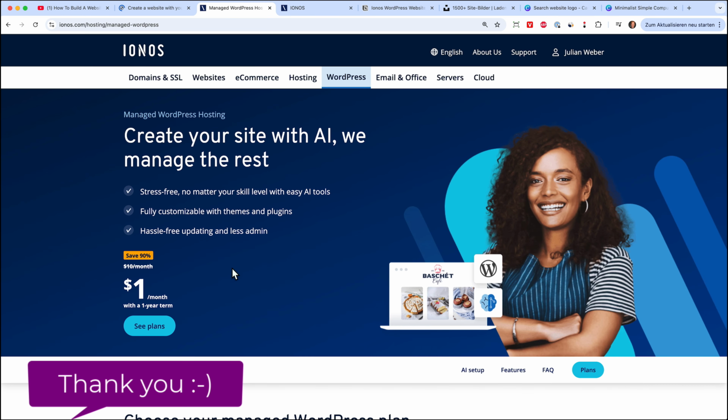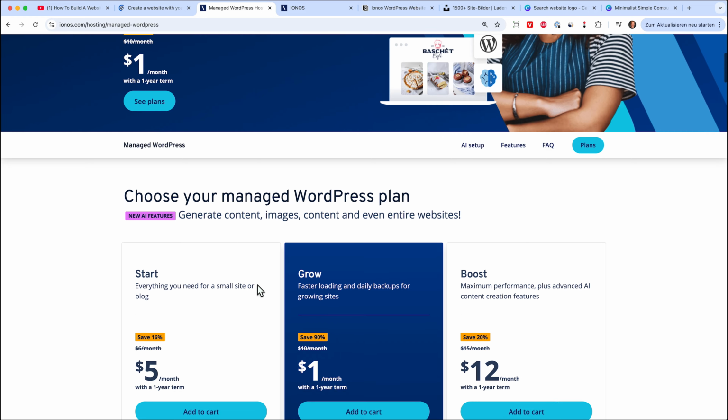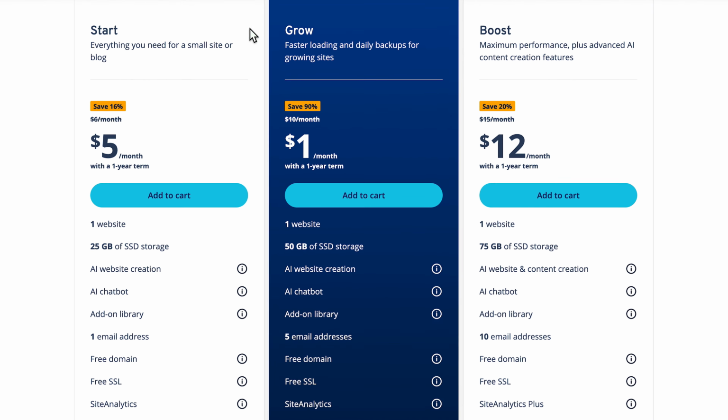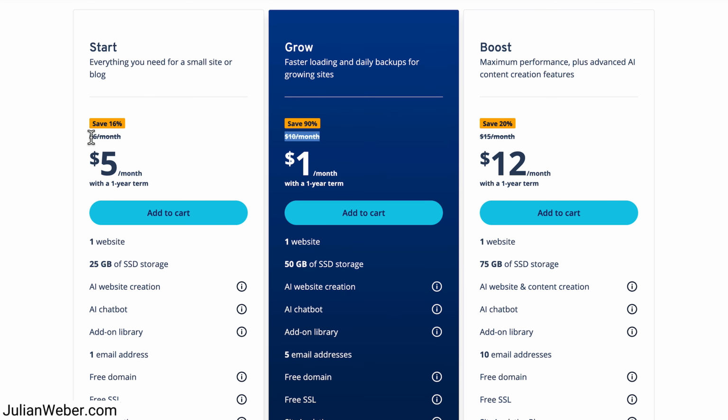And once you've done that, then we will land on this page here, and here you can choose from different plans. There's the Grow plan, and you get that for $1 a month for an entire year, but after the 12th month you will pay $10 per month. And the starter plan is a little bit cheaper. You will only pay $6 a month after the trial period has passed, but therefore you pay directly $5 a month. That's a little trick they do to talk you into the Grow plan,